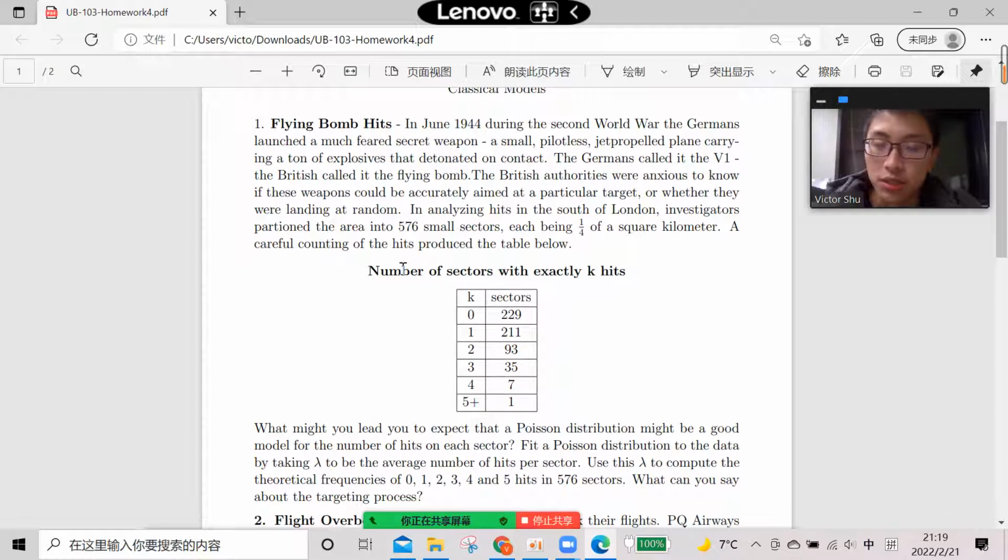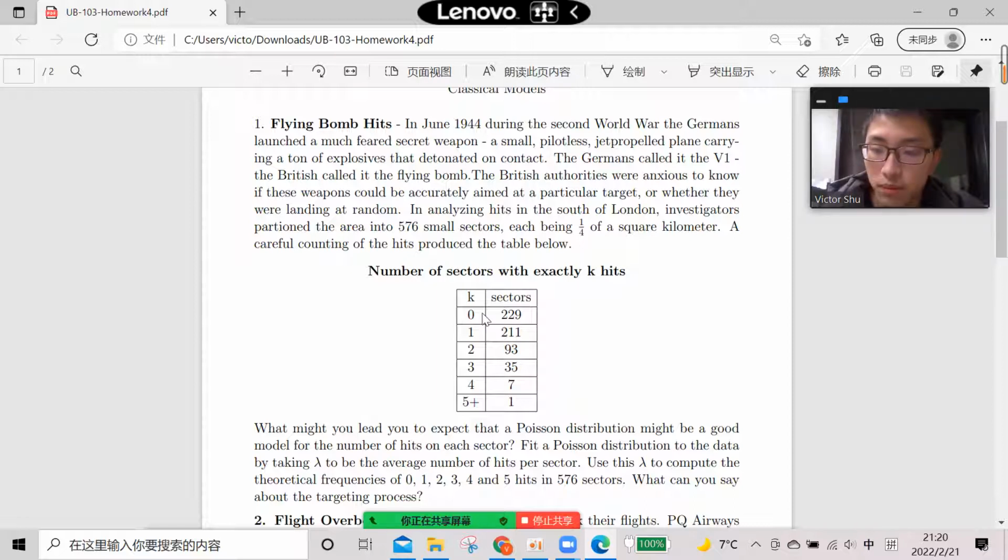So basically, you just need to use the formula of the probability density function of the Poisson distribution. For zero hits, it's just lambda to the power of 0 divided by 0 factorial times e to the power of negative lambda, and just plug in lambda equals n times p, which is very small, and you get the probability of a location receiving 0 bombs, a location not being bombed,